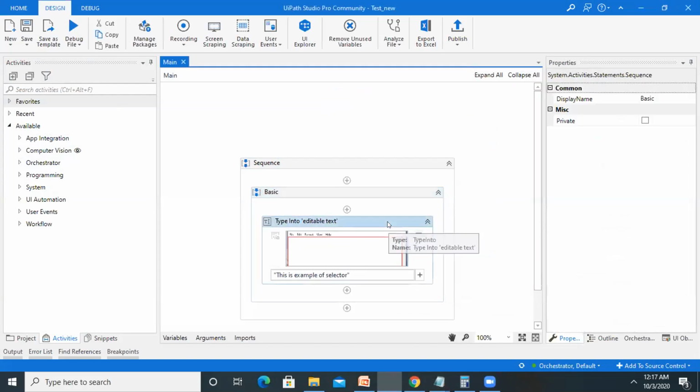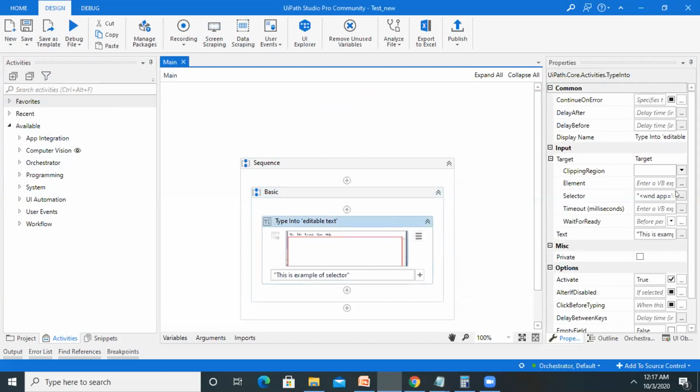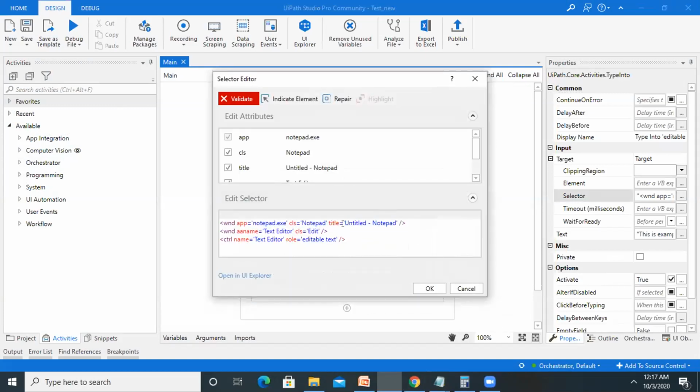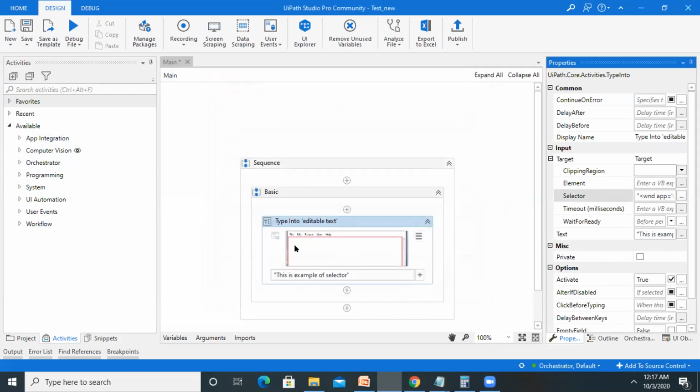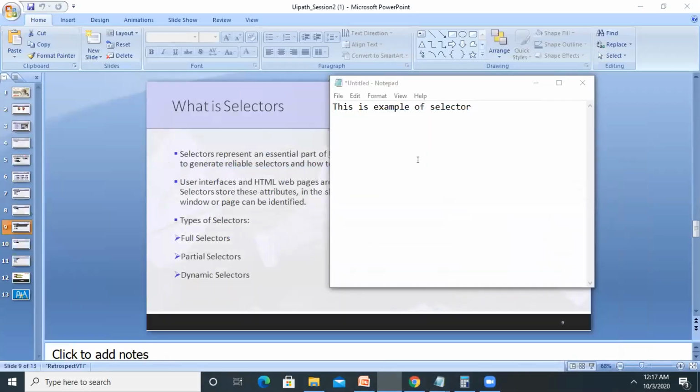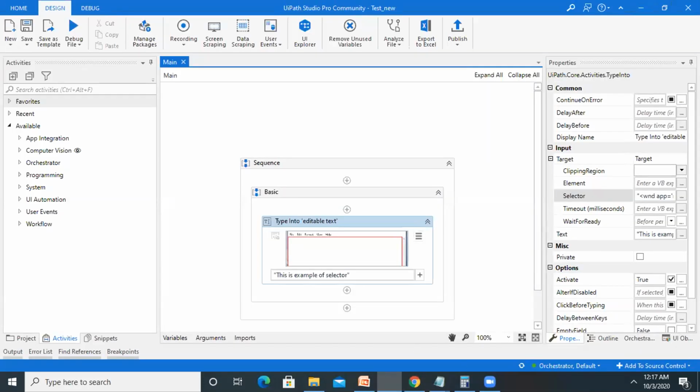So if I want to match the same content, let me click here and add an asterisk. I will explain this. Let's run this and see the result. Now I can see the components written.